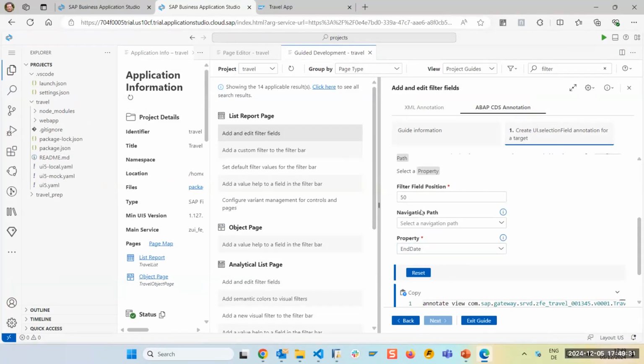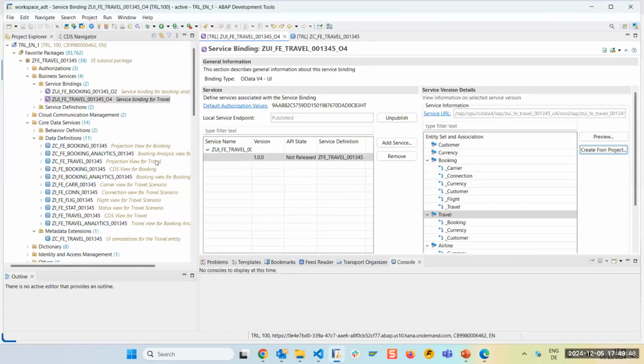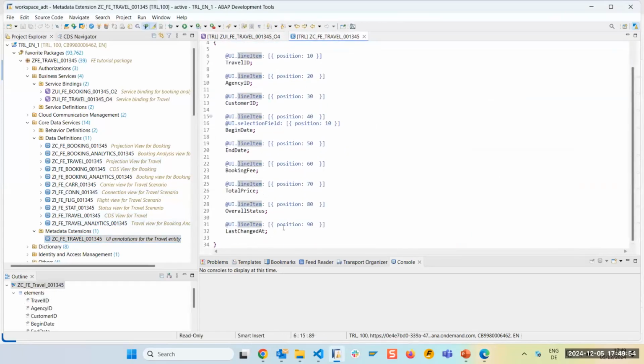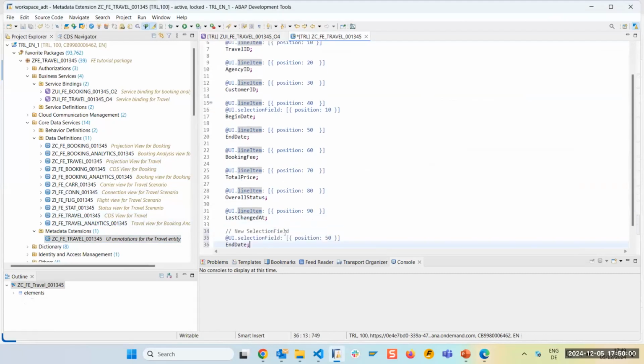Okay, so but in the meantime, I think the guide got my input. So very good. And we have now a snippet which we can insert. So the snippet is here. So I can click on the copy button and I'm going here to my ADT, to my metadata, and probably there will be an outcry in a moment when I paste it here, but for everybody who knows what will happen.